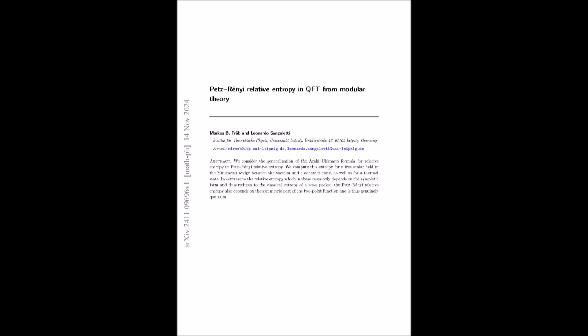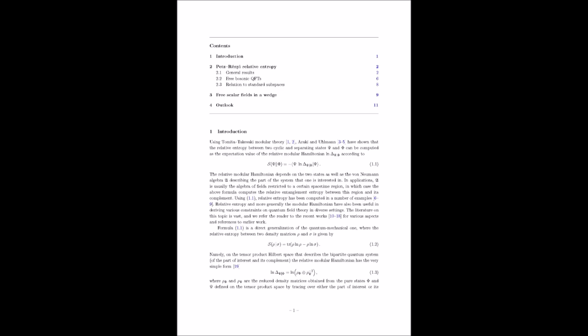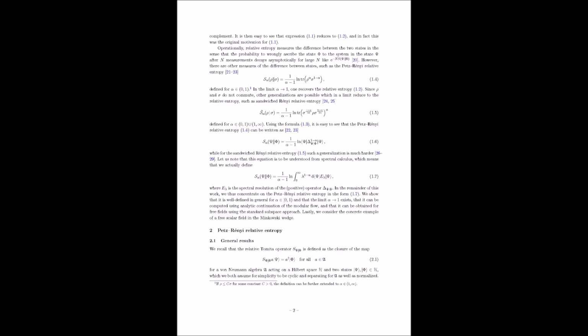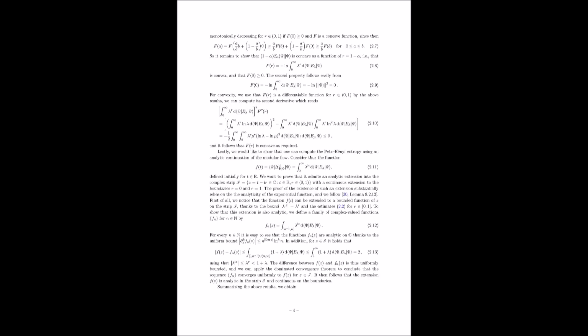They showed that the Petz-Rényi relative entropy can be expressed in terms of the modular operator associated with a particular standard subspace. This connection provides a deeper geometric understanding of the entropy and reveals its close ties to the algebraic structure of the theory. So by bringing in standard subspaces, they're adding another layer of insight into the meaning and interpretation of Petz-Rényi relative entropy. Exactly. It's like they're illuminating the concept from multiple angles, revealing its rich mathematical structure and its connections to different aspects of quantum field theory.